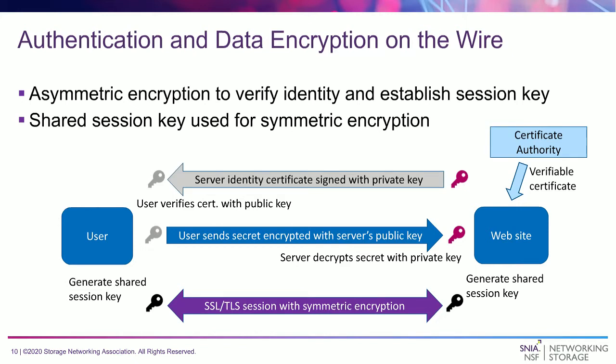So when a user or a web browser contacts the website and says, I want a secure browsing session, the website then sends a certificate, which is signed with a private key, and the user or the web browser uses the public key, which everyone can get, to verify that the certificate is valid, that it was encrypted with a private key owned by the website, and that it includes a certificate from a known certificate authority. So now the user has verified that the website is in fact the website they want to get to and is not an imposter. The user then sends either a